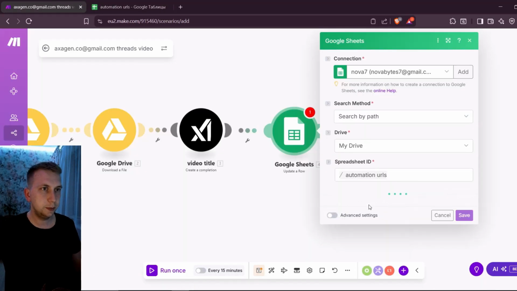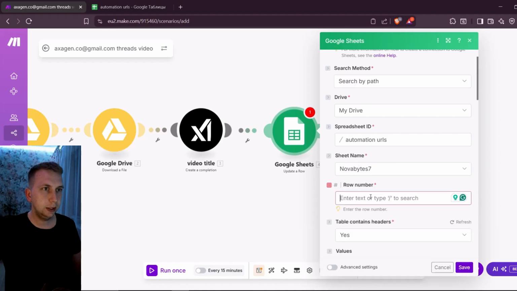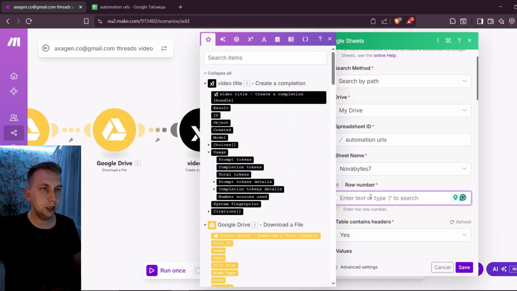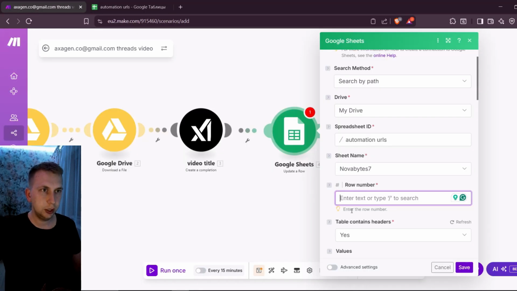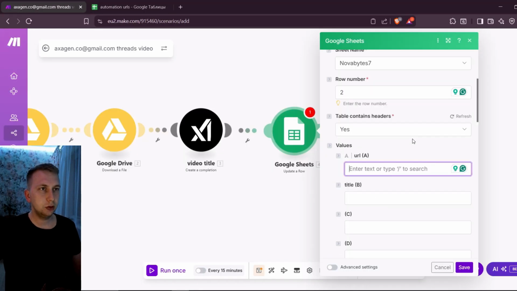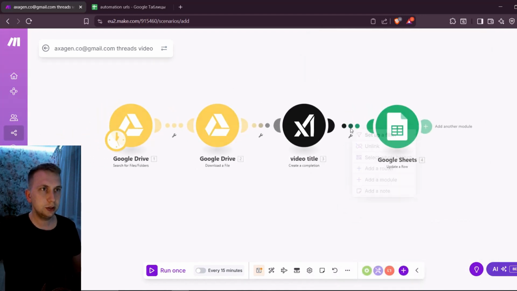So I'm gonna select my spreadsheet, write sheet, and as I'm using update a row, then I need row number. And here you can see row number that I'm gonna update is 2. So I'm just gonna enter 2 over here. And if I scroll down, then here I need to paste URL and title. It's gonna be easier for me if I run this scenario once before,